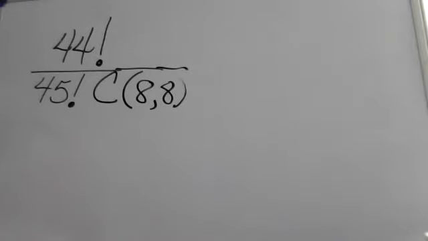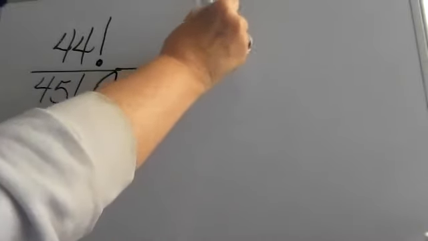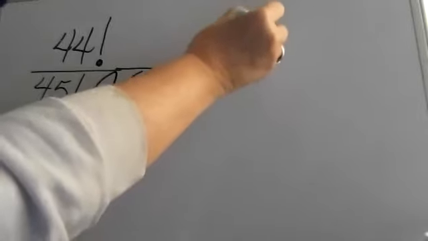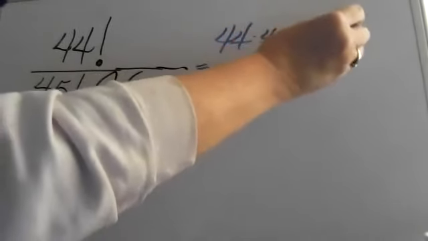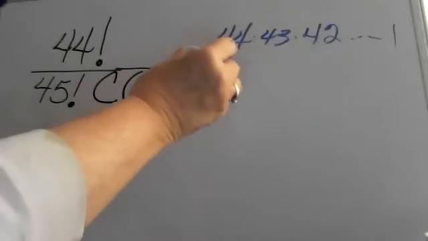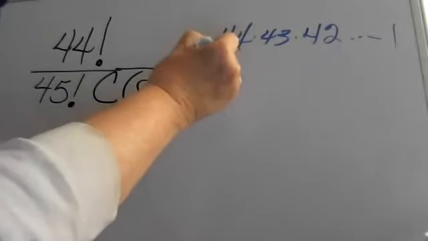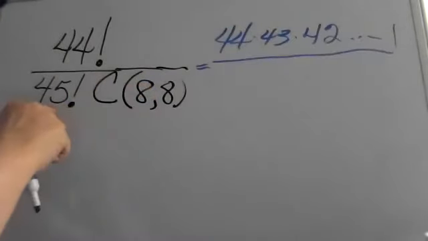So we can do something here. If we know that 44 factorial starts here and it goes 43, 42, and it goes all the way down to 1, right? This is okay with y'all, right? Yes. And then on the bottom, not counting this, we have